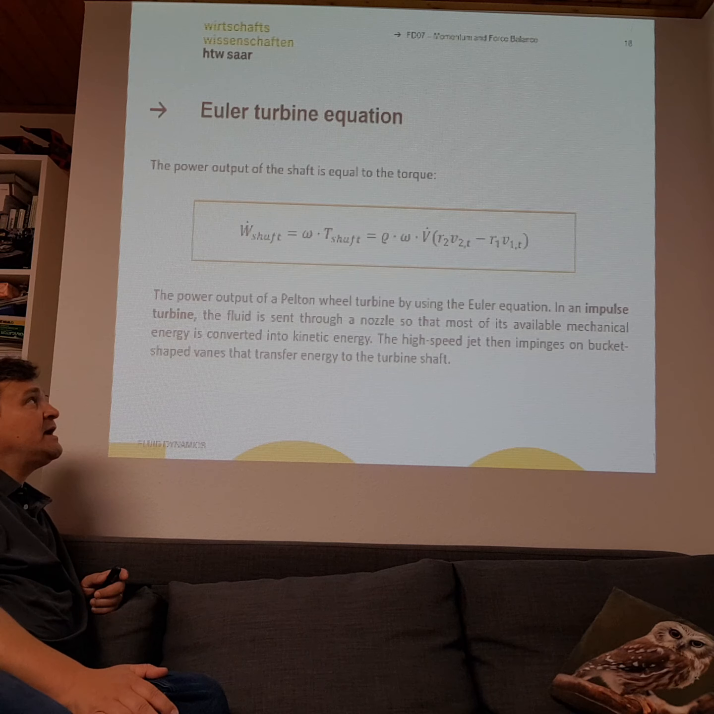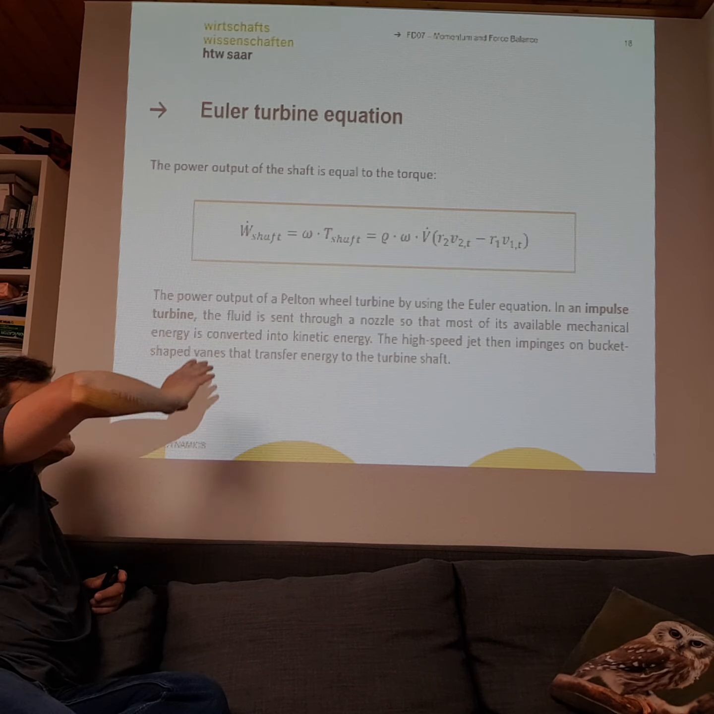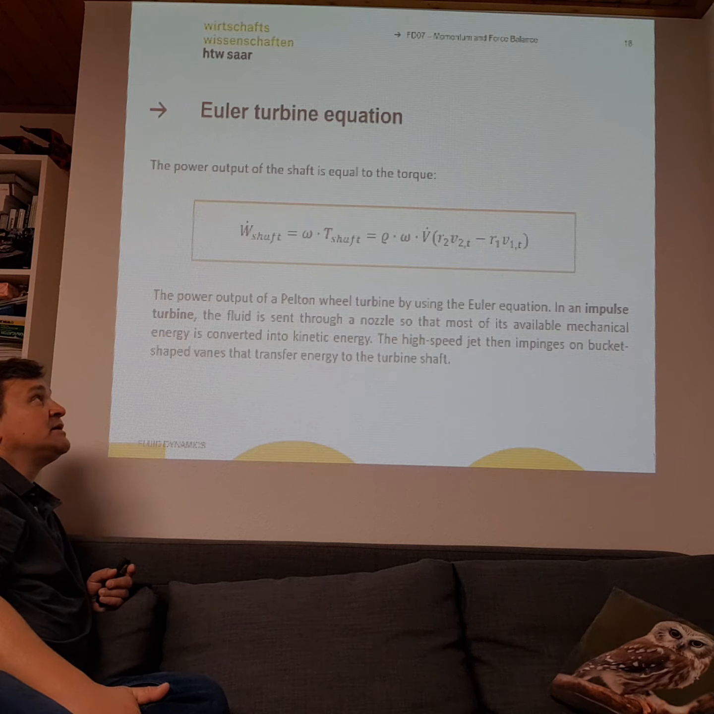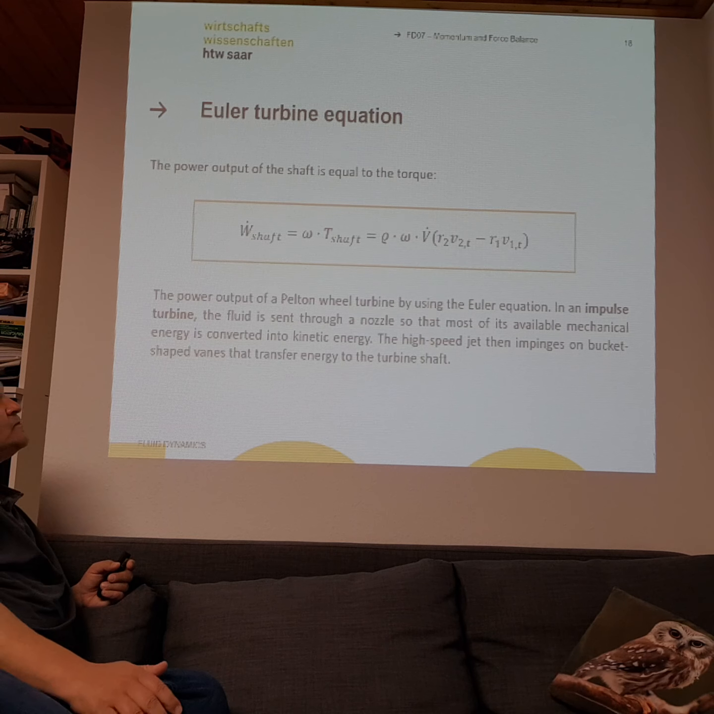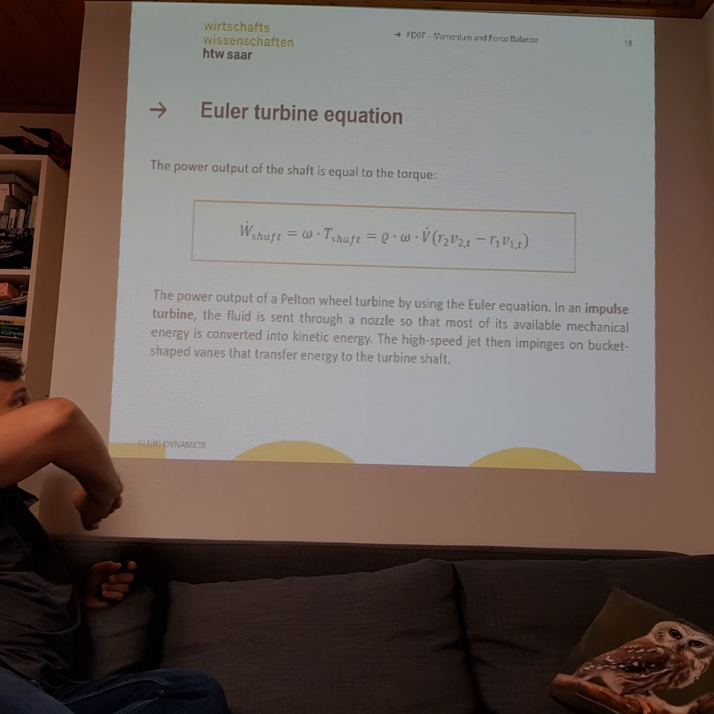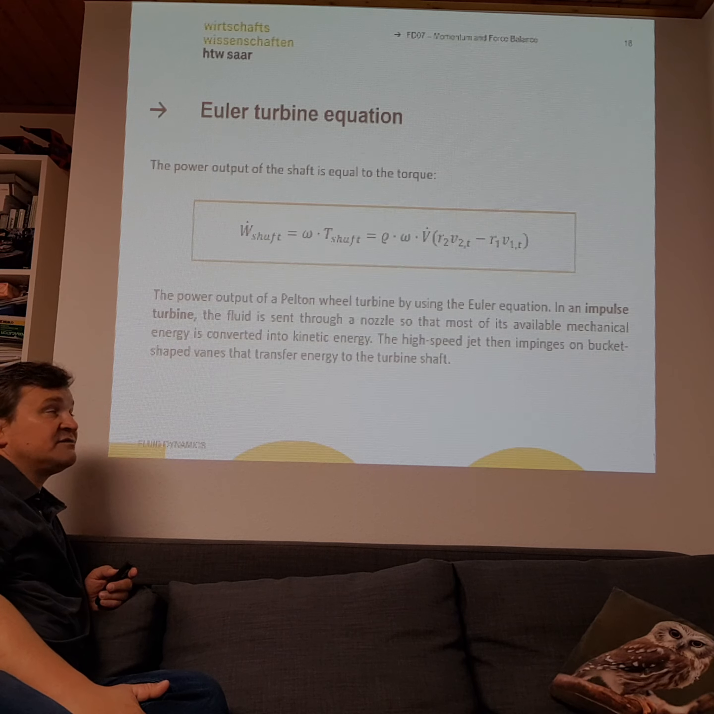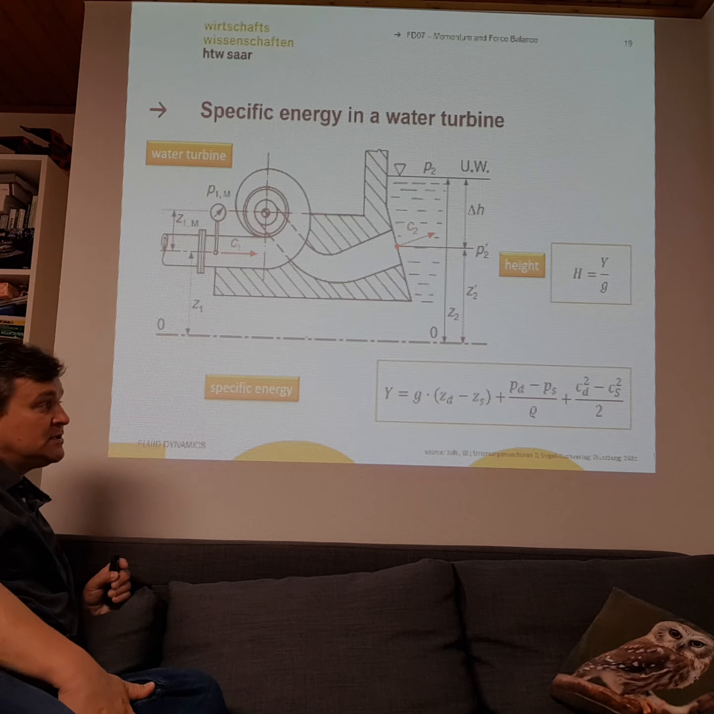So, to get the power on the shaft, you need the momentum at the shaft and multiply it with an omega value to get the power acting on the shaft. Okay, here you see